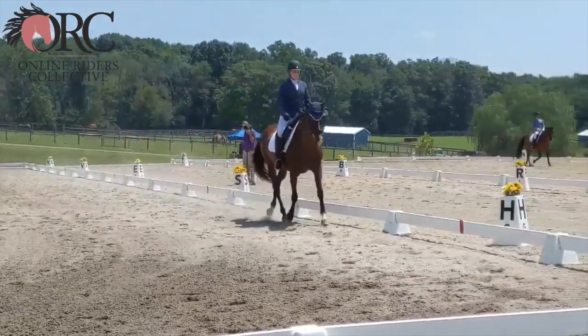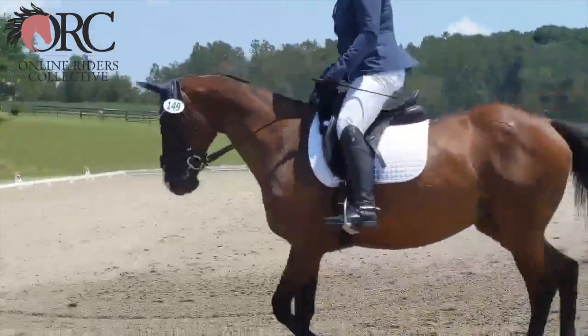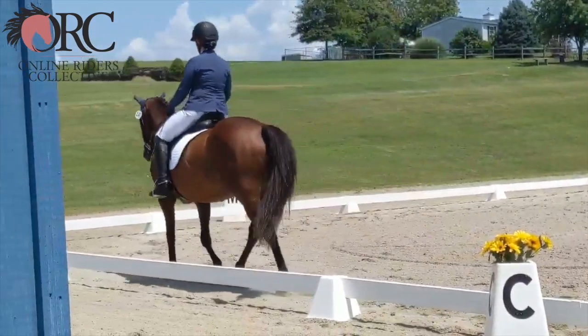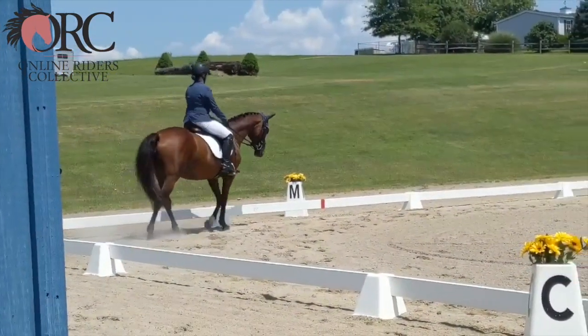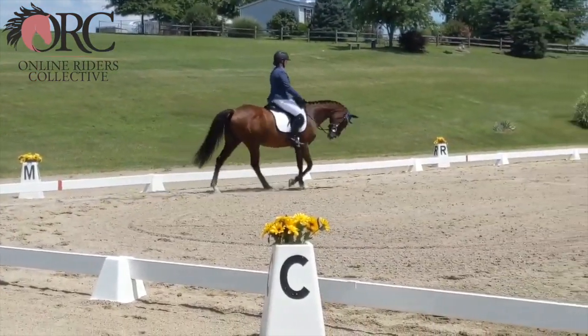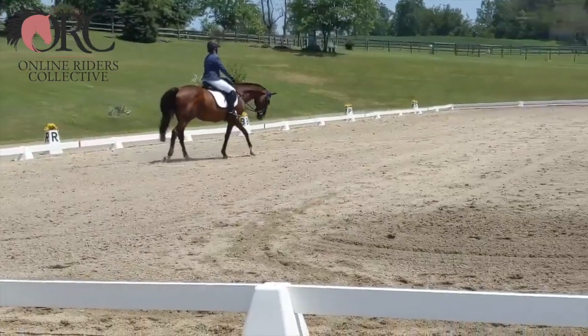Good. Making sure your fingers stay closed so the reins don't get too long. Now here in the downward transition, she hollowed in the back and her hind legs almost fell completely off her body. Making sure that you are thinking forward into the downward transition. That'll give her back a little more stability so the back stays lifted and the hind legs come under in